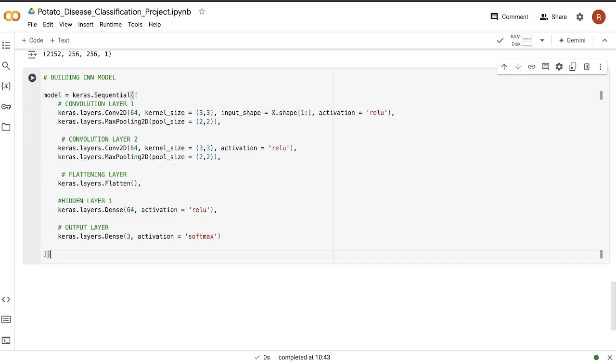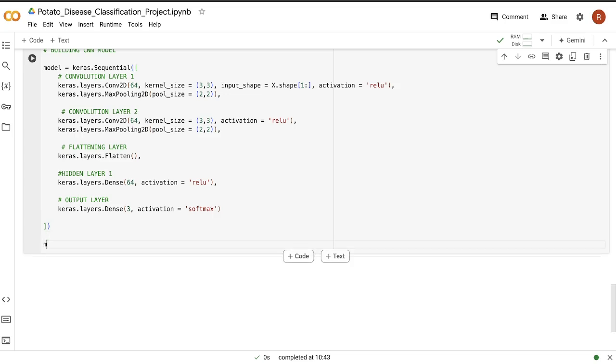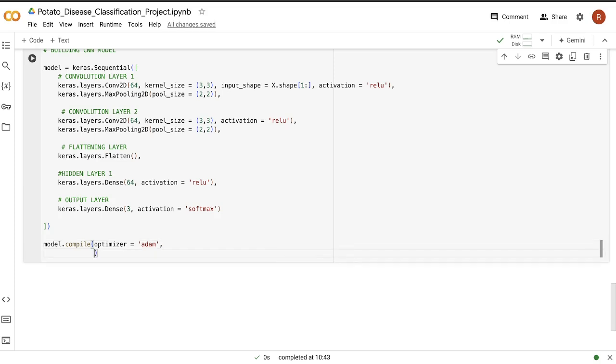Now after building this model, we have to actually compile that model. So here we will say model.compile, and first parameter here is optimizer. So we are going to make use of ADAM optimizer, that's currently the best available optimizer. Then after that, we have to specify the loss function.